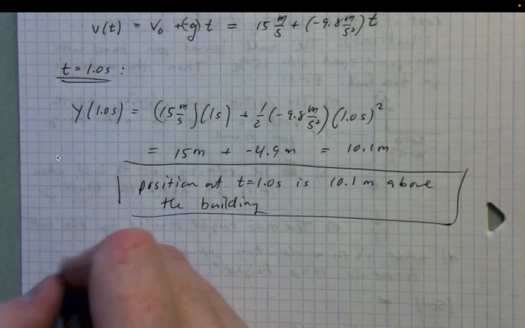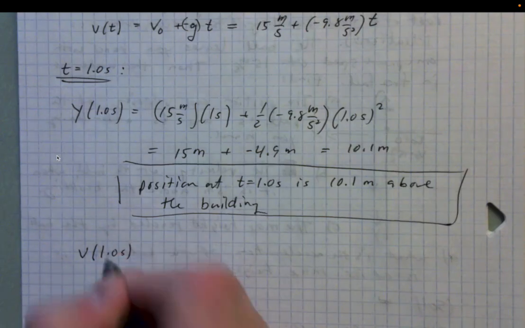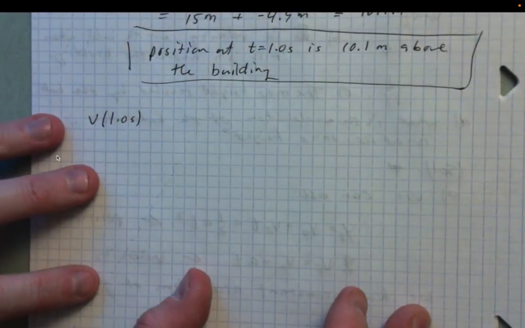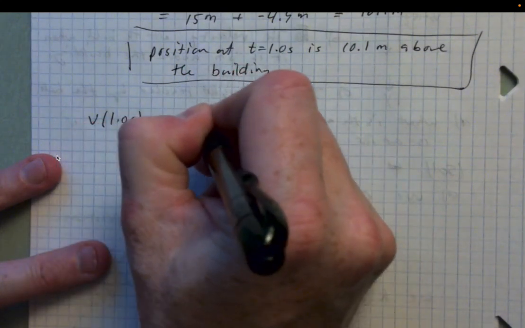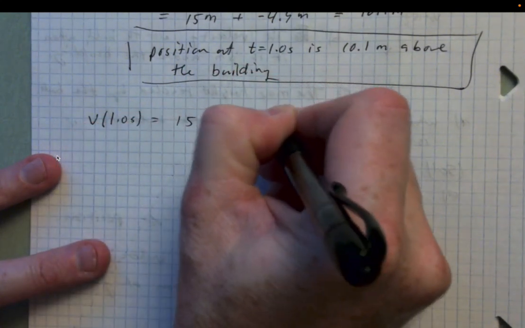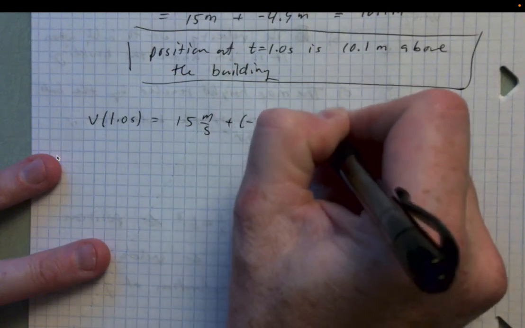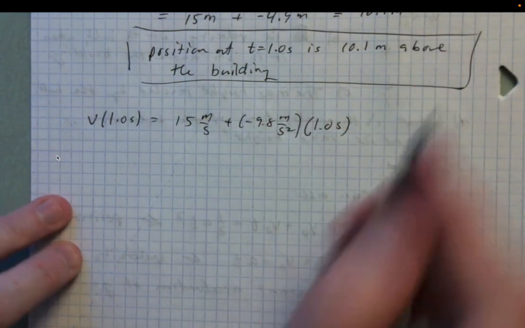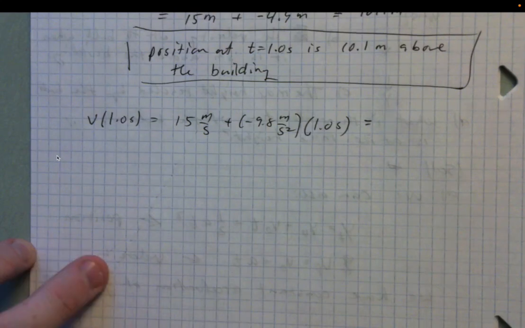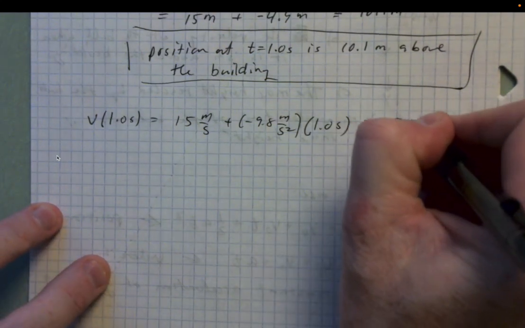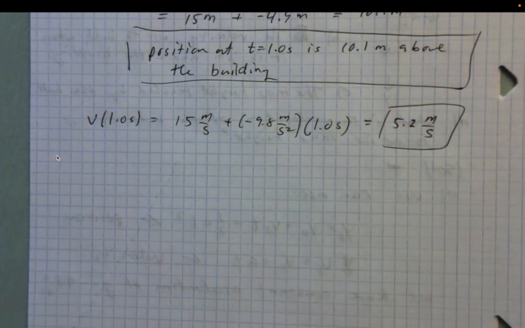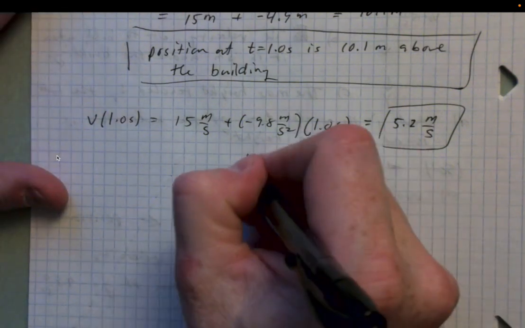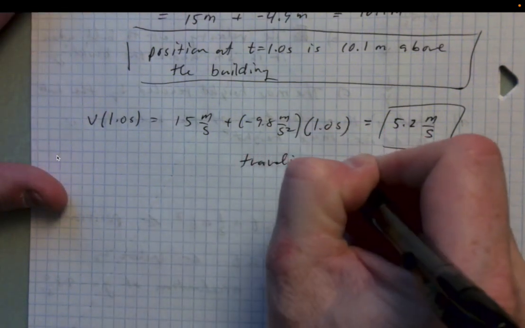Okay. What is the velocity at 1 second? The velocity at 1 second is going to be equal to 15 meters per second plus negative 9.8 meters per second squared times 1 second. Okay, and when you crunch all of that, you get 5.2 meters per second. Okay, and the ball is traveling upward still,